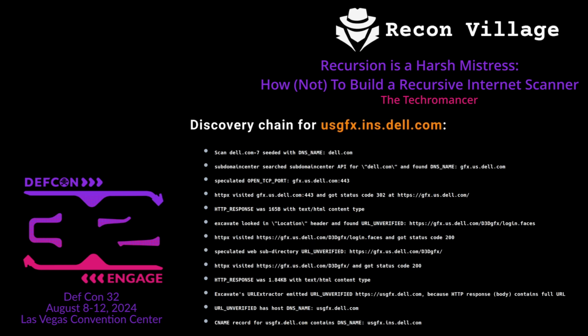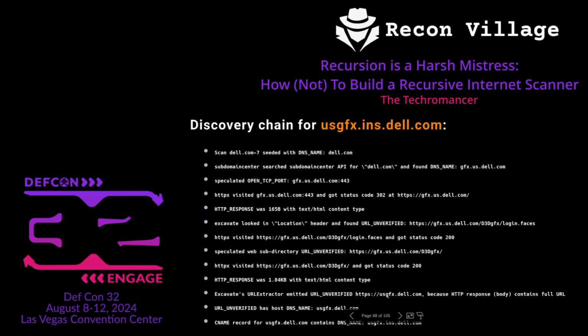This particular discovery path for this subdomain, which is one of the subdomains that was missed by the Trickest workflow, has 13 steps. If you can't read it, I'll summarize really quickly. We seeded the scan with Dell.com. There was an API search that found a subdomain. That subdomain had an open port, which, when we went to visit it, had a redirect to this login page. After visiting that login page, BBOT stepped down one directory and visited that, and extracted a